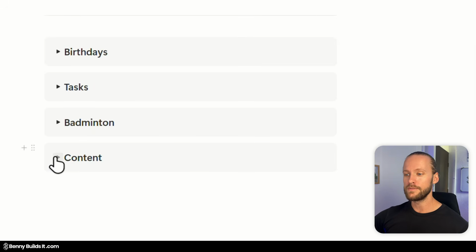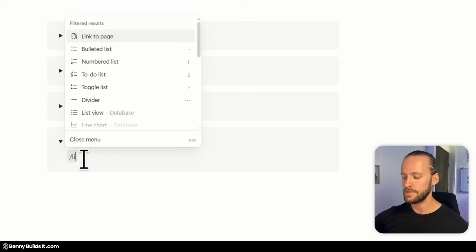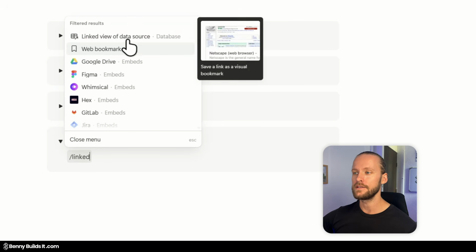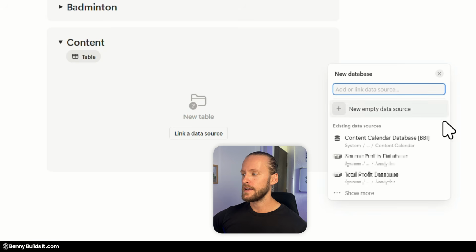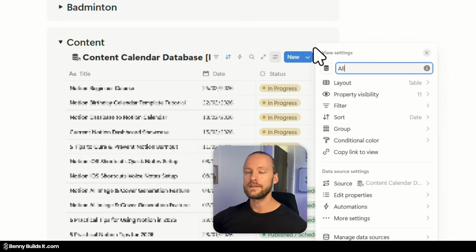Then I open up the toggle and inside I'm going to add a new linked database view. So I type /linked and then I select linked view of data source. And then I can select the content calendar database, which is already shown here. But if you cannot find your database right away, you can use the search bar to find whatever database you want to add. I add my content calendar database and I select the all view, which is a view that has no filters at all,